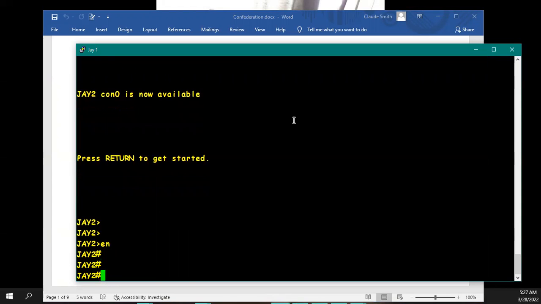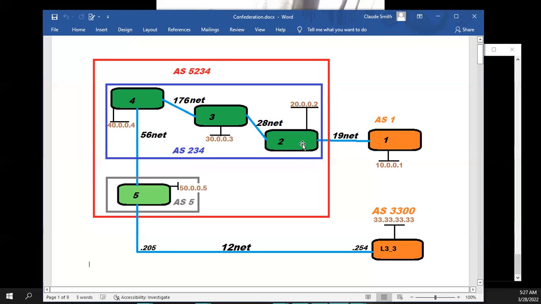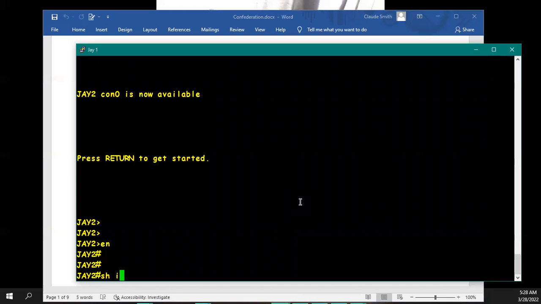So when we're looking at this, we can see router number 2 has an internal network of 20.0.0.2. And you see we are sitting on what I call a 28 network and a 19 network. The 19 network connects us to an eBGP neighbor, autonomous system 1, and the 28 network connects us to an iBGP neighbor. So what does that look like? Let's take a look at the interface brief real quick,